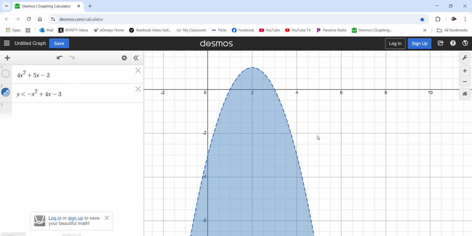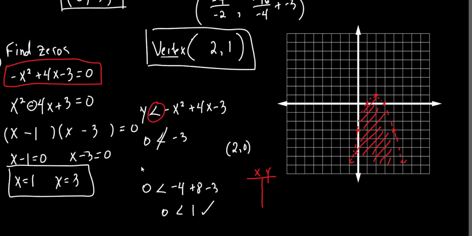All right. Okay, let's go back to Illustrator. There we are. All right, so